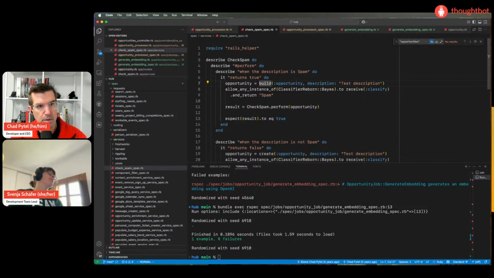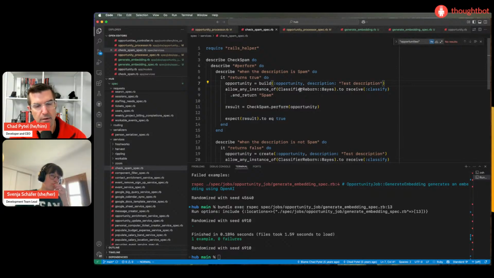First, we have to decide: do we want to use the description or the email or the name or a combination? We can start with the description because we have it. Well, the description actually doesn't matter. I'm looking at this spec here because it's not actually doing the class.